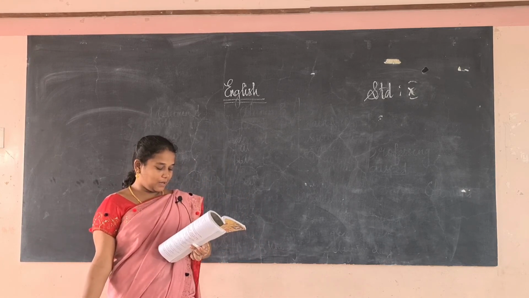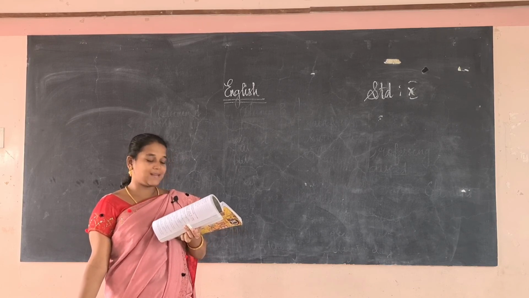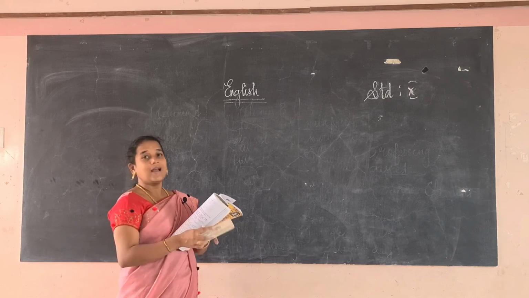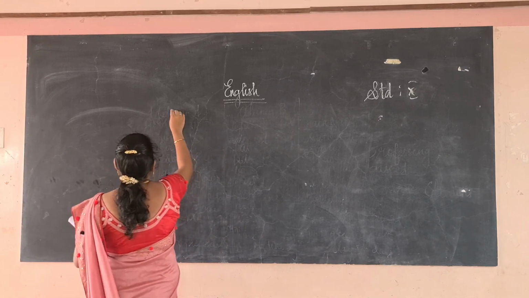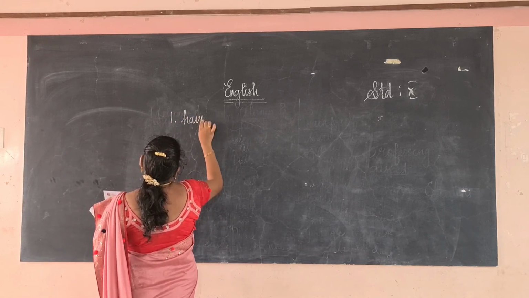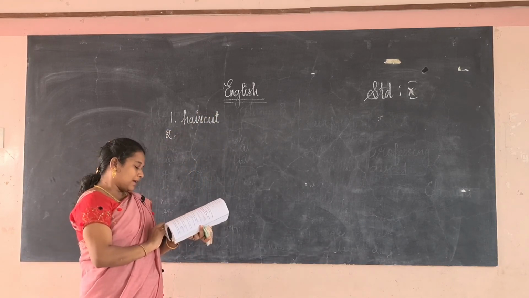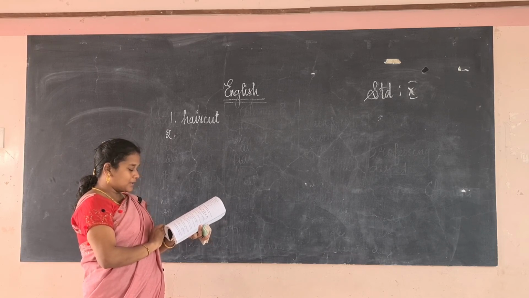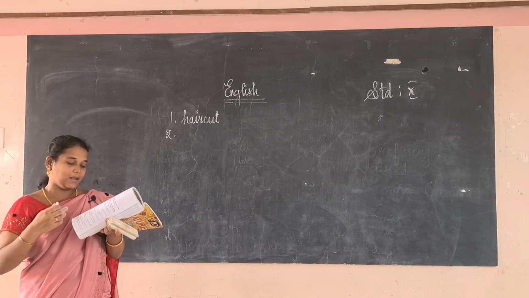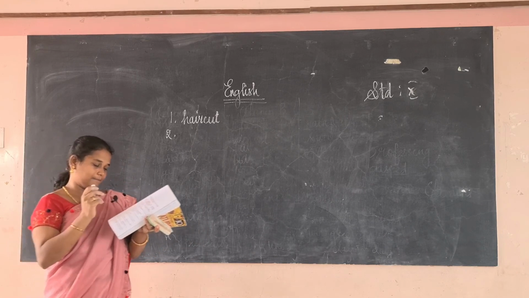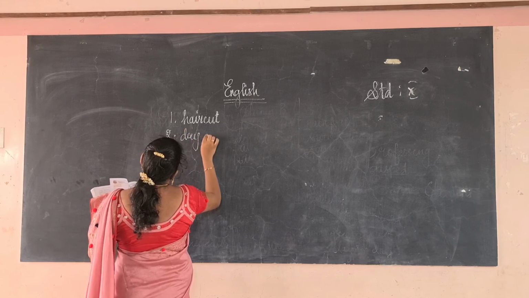So the first: Shiva visited the hairstylist to have a clean dash. So we go to the hairstylist for a haircut. Hair is there as well as cut is there. So the first answer is haircut. Okay. Next, the second one. Tarini had given the sari for dash. For what purpose will we give the sari? For dry cleaning. Second one is dry cleaning.